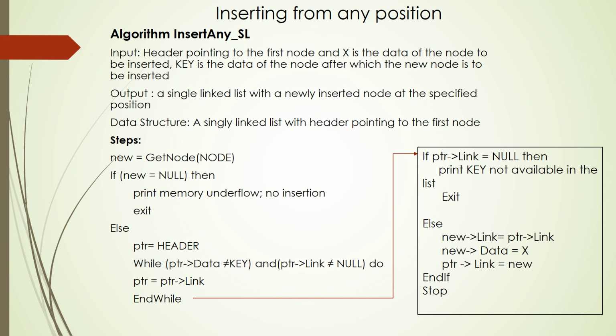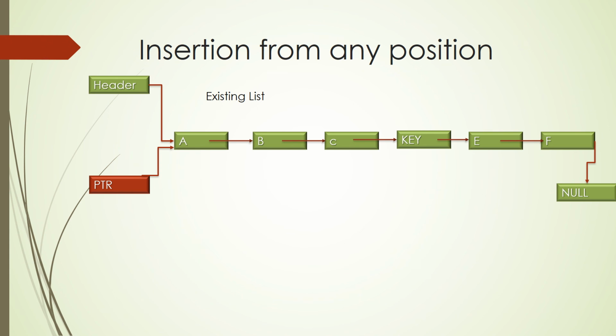So you have to copy the address which is being stored inside PTR link, and that is updated into the link field of the newly created node. So the newly created node will be updated with the address of the fourth node. Now you can remove the link between the third node and fourth node of the original list, and you can ask PTR link to store the address of the newly created node. And you can also add the data x to new. This is how it is done. Let's see how this is implemented in a diagram.